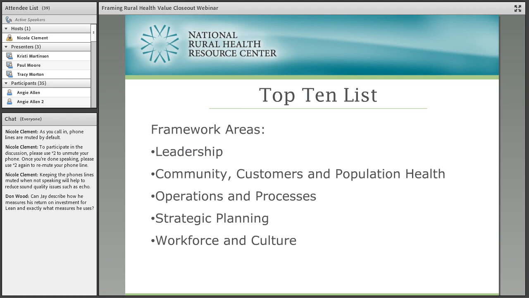So with that in mind, let me very quickly make a case why I think the interventions that you came up with are important, not only to quality improvement in critical access hospitals, but to the entire concept of framing rural health value in this environment that we find ourselves in. So by looking at your interventions in the major areas that you categorized, Tracy, the next slide there, you mentioned these main framework areas. And it's no surprise, as has already been mentioned, that leadership was the first priority that came up.